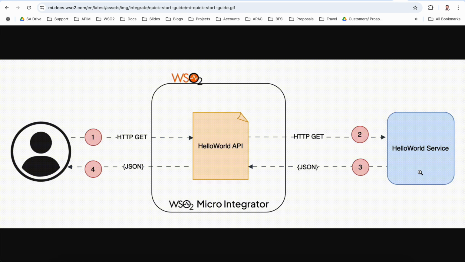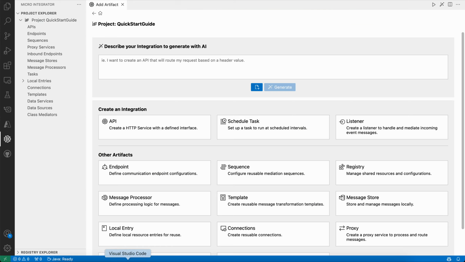It simply spits out saying hello world as expected. So you are going to create an API, a service in Micro Integrator, which will call this backend service and then provide the message we are receiving from this backend service, right? It's pretty simple, straightforward. So as the next step I'm going to create an API and then use that backend. Okay,